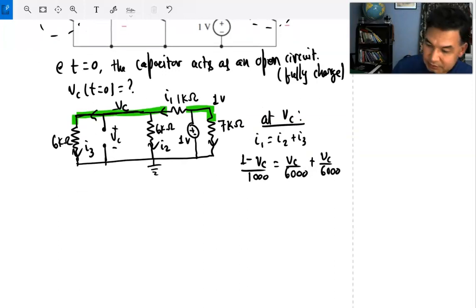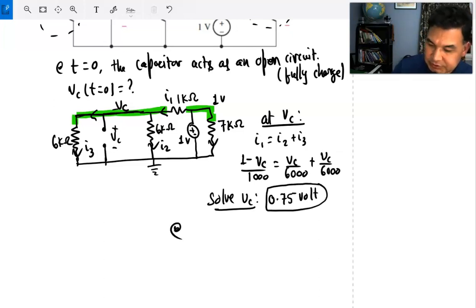Then you solve it. You have only one unknown variable. Solve for VC, and after simplifying, you will see 0.75 volts. So that's the capacitor voltage. So you can say at t equal to 0,